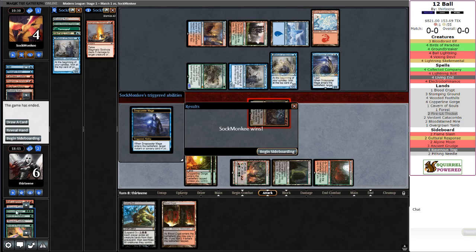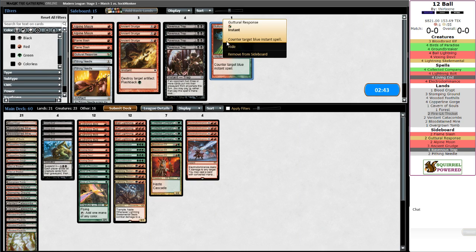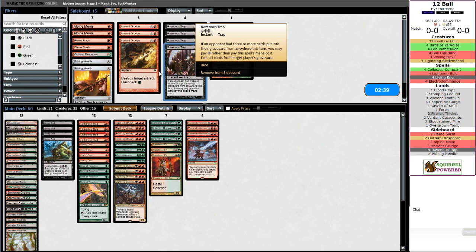So, just out of curiosity, 2, 3, 4, 5, 6, 7, 8. 8 of 21 and 17. I guess that could have been worse. Alright, so Guttural Response can hit counter magic. Don't really think that's actually super relevant here. Ravenous Trap will make it so that